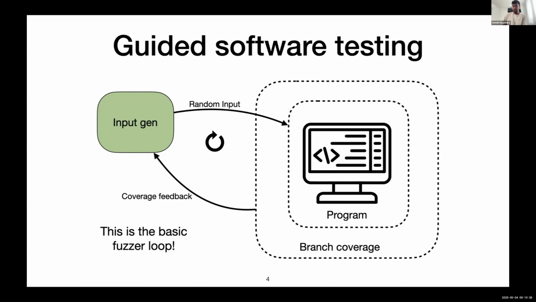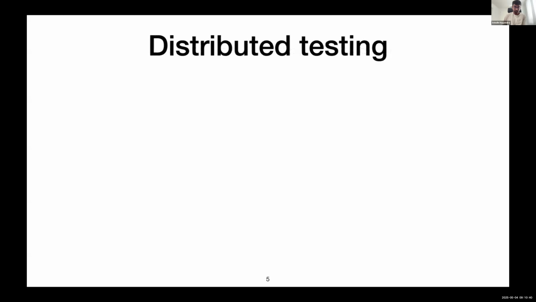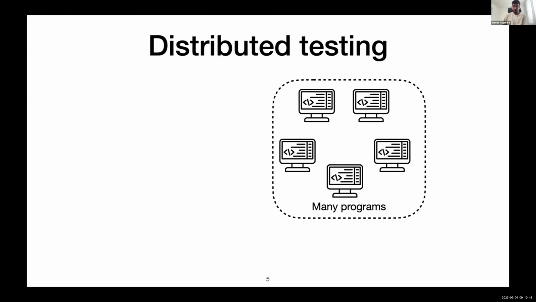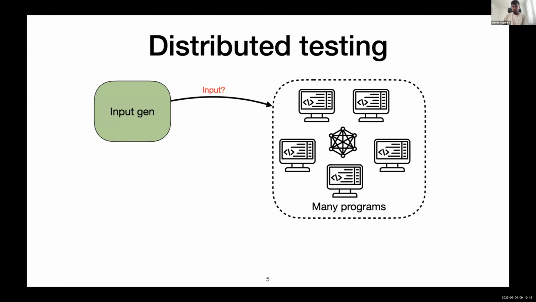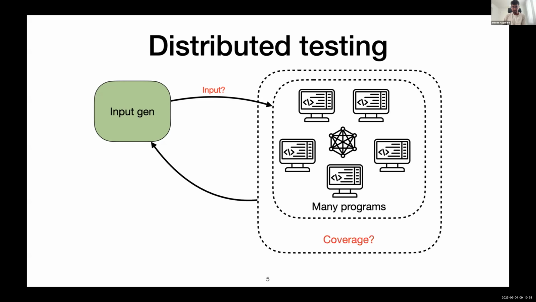And we want to take this loop to distributed systems. So there are many challenges. First, you don't have one program, you have many programs. They're all talking to each other over a network, and you don't even know what you can define as an input to this program. There are some notions. I will explain the differences and drawbacks and what we came up with.